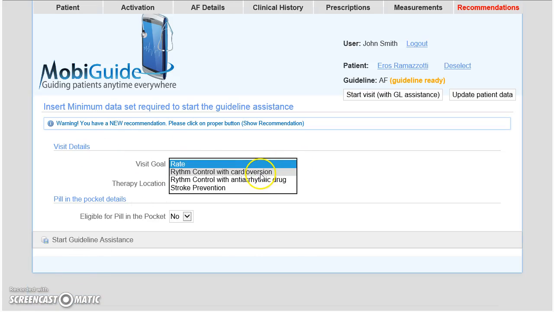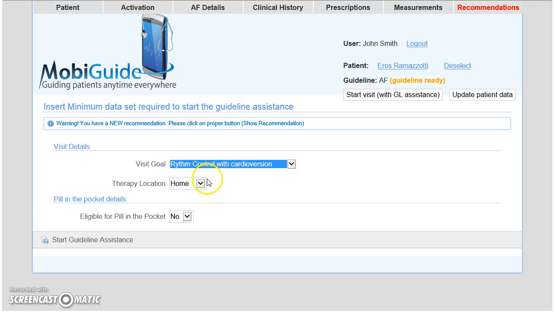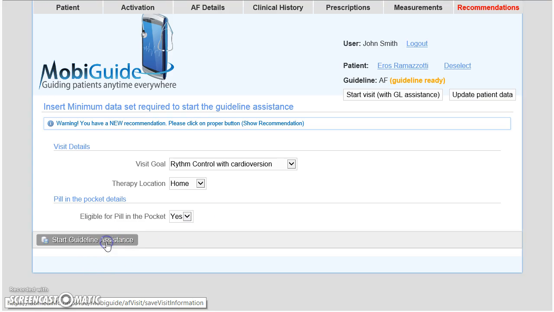Here I can define the goal of this visit: rhythm control with cardioversion. Therapy location is at home, and the patient is eligible for a protocol in which he can take an emergency kind of pill that handles the atrial fibrillation episodes. Now I will start the guideline assistance. What happens now is that